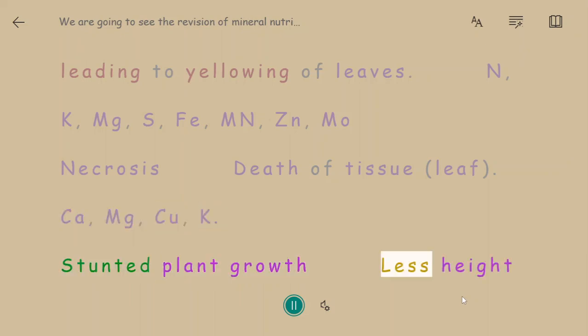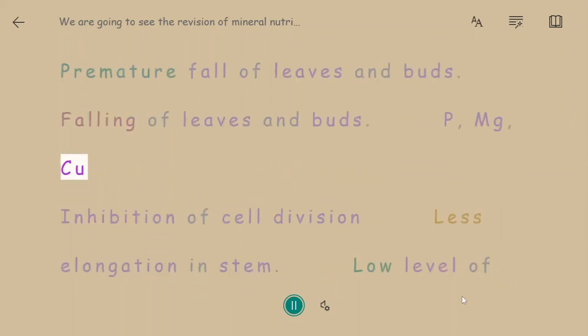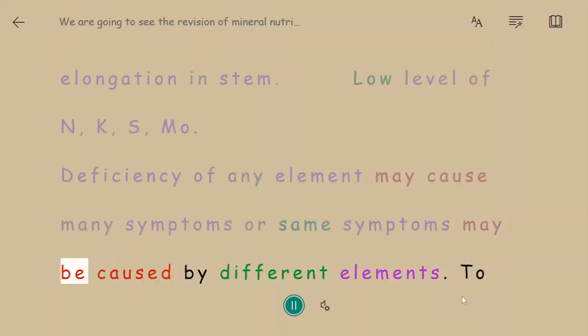Stunted plant growth, less height of plant, phase K. Premature fall of leaves and buds. Falling of leaves and buds. P, Mg, Cu: inhibition of cell division, less elongation in stem. Low level of N, K, S, Mo. Deficiency of any element may cause many symptoms, or same symptoms may be caused by different